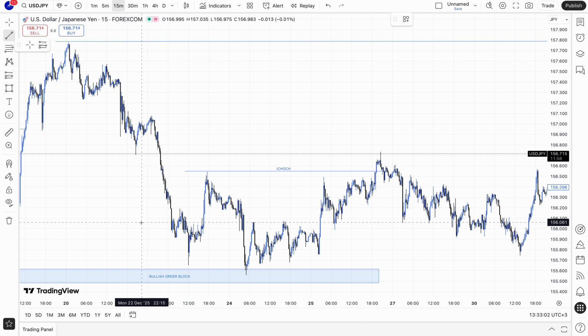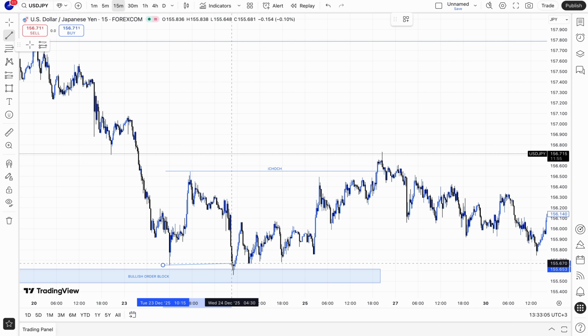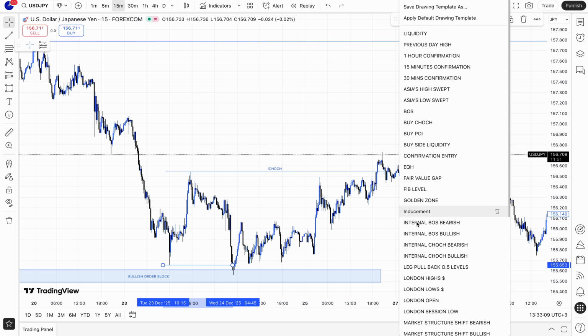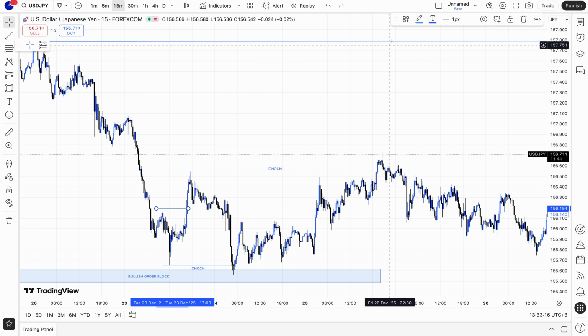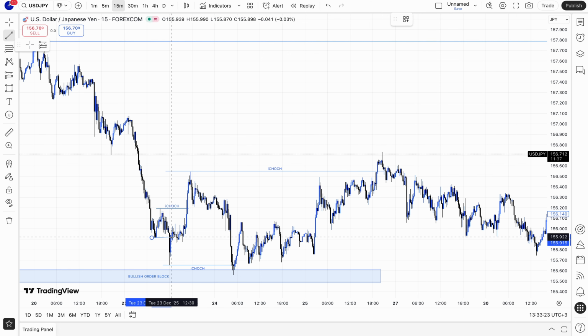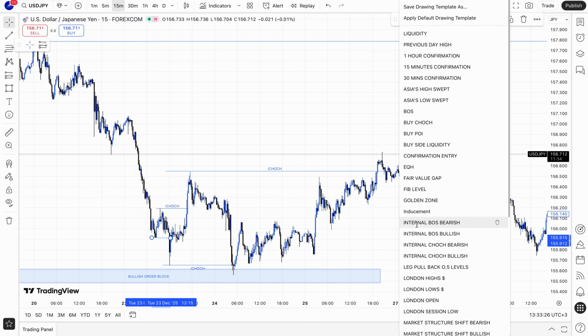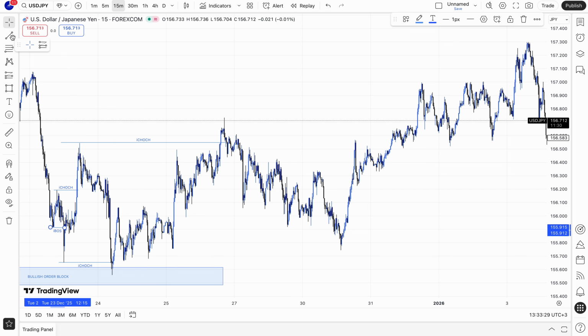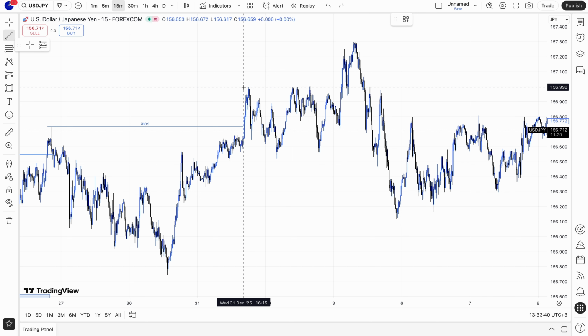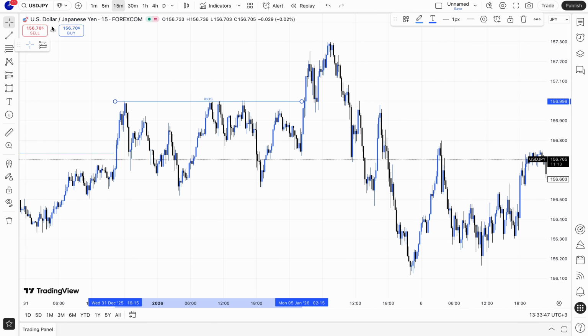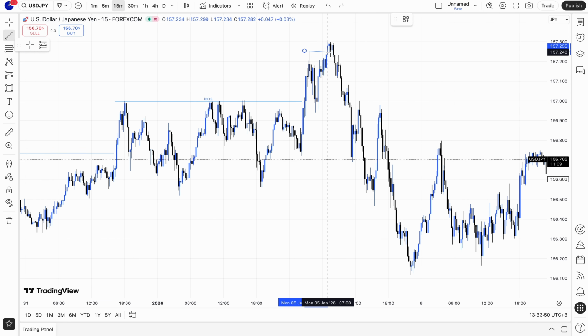After getting this change of character to the downside with this break of structure, this change of character to the upside, so we have this break of structure to the upside, and then we have our